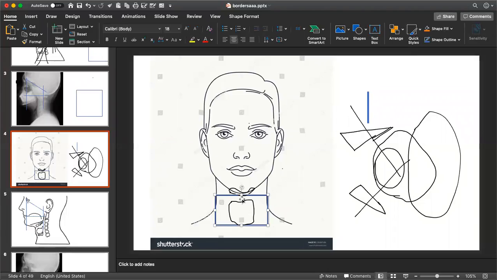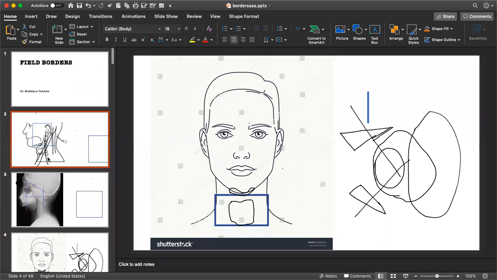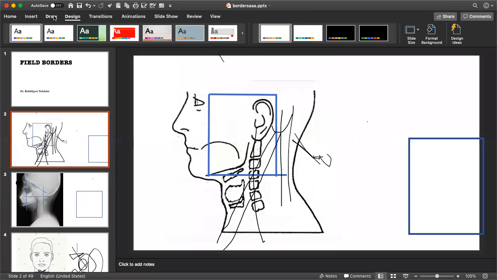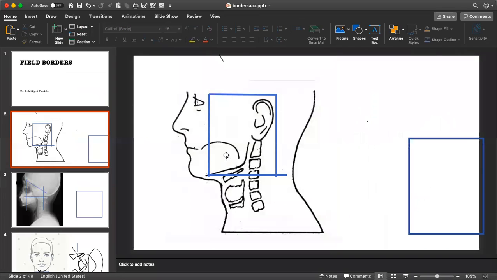For the thyroid bed, when you're treating with the nodes, the superior border will be at the mastoid. The inferior border is at the suprasternal notch. The lateral border must include the supraclavicular fossa, that is, it should cut through the medial 2/3 and the lateral 1/3 of the clavicle. And if you want to include the superior mediastinum, then the inferior border must be at the level of T4. So this is for thyroid bed and the nodes.